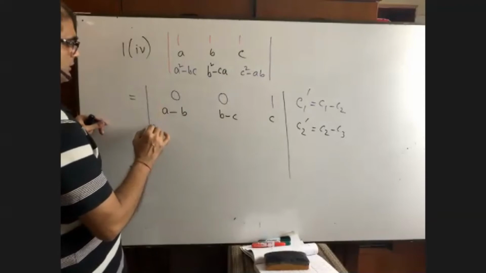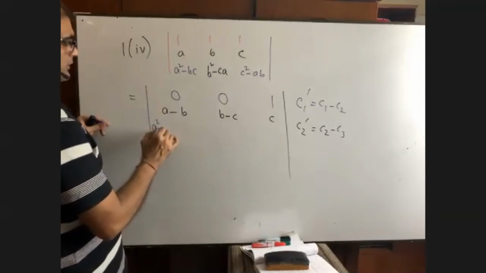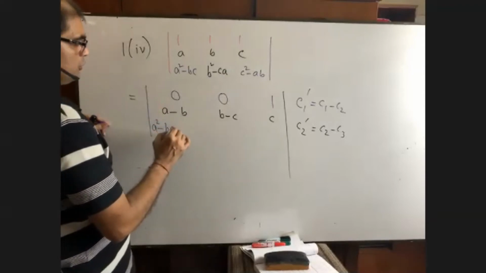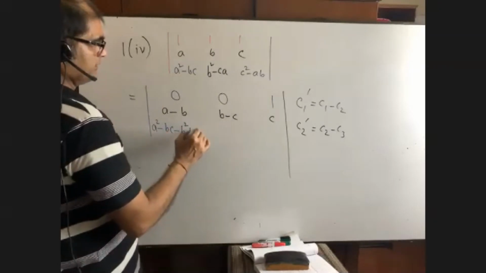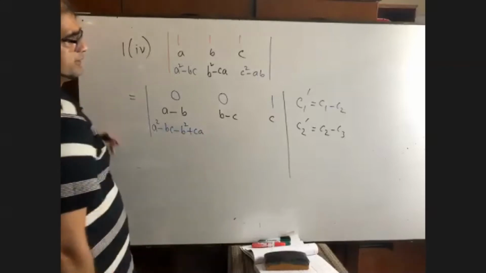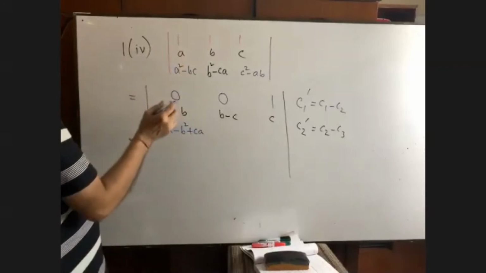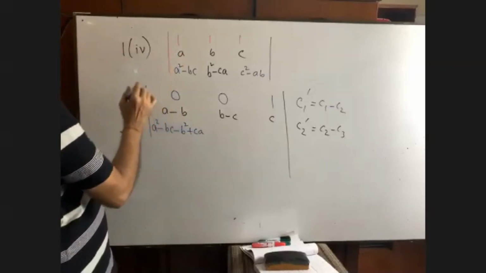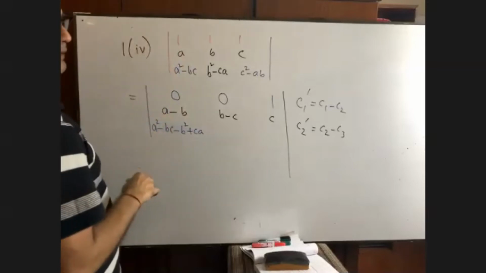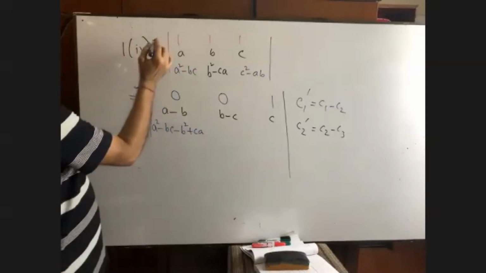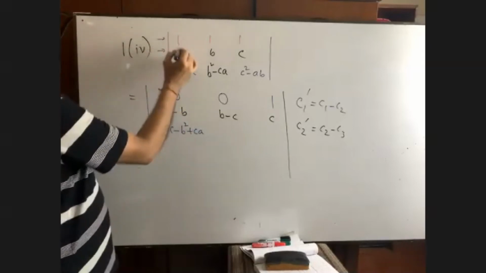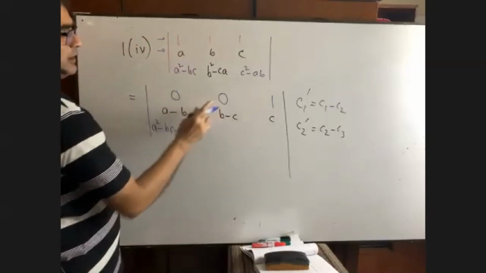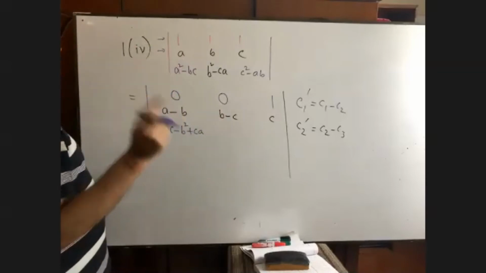You see, sir, we could have done this with rows too, couldn't we? Yes, but there would not be any benefit. Ask me why. If I subtract row from row, that means this from this. Up and down is row. If I subtract this, that is row subtraction. 1 minus a doesn't become 0. I told you to have 0.